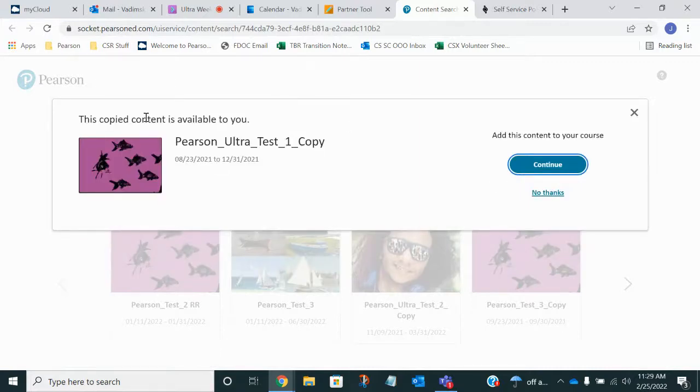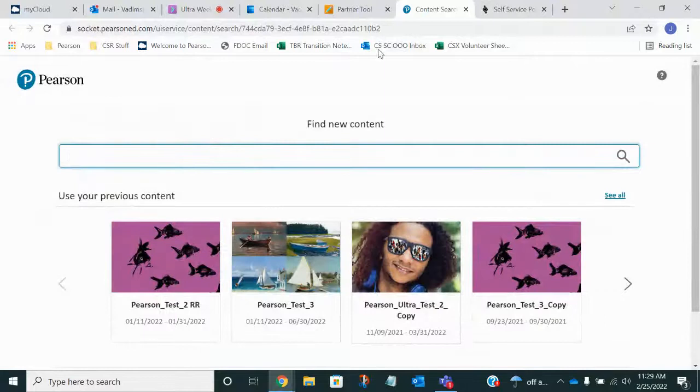So it's going to automatically prompt you if you have previously created a Pearson Revel course. I have. Here's a psychology book that I've previously done. You can choose to either just copy that course and continue, or if you want to search for the course,